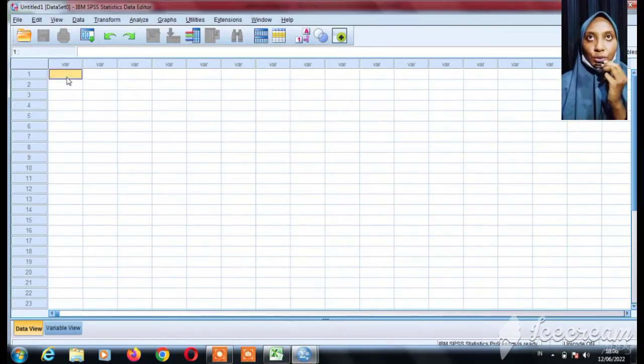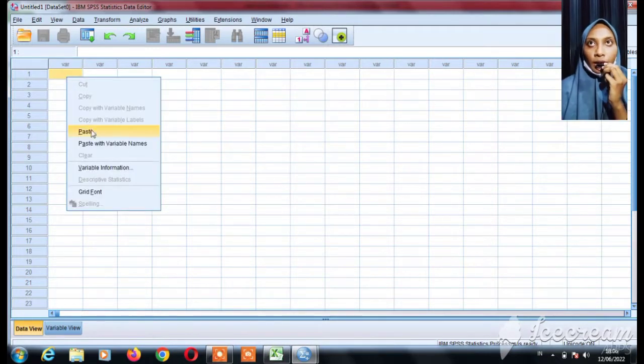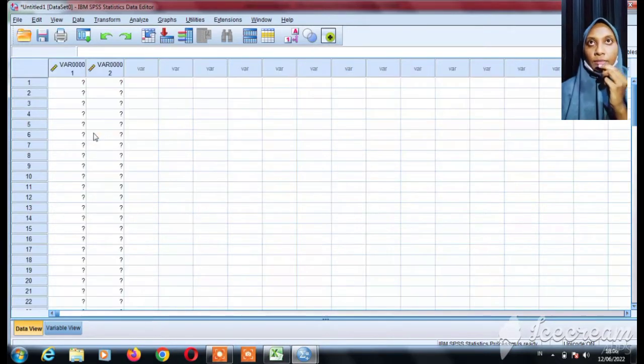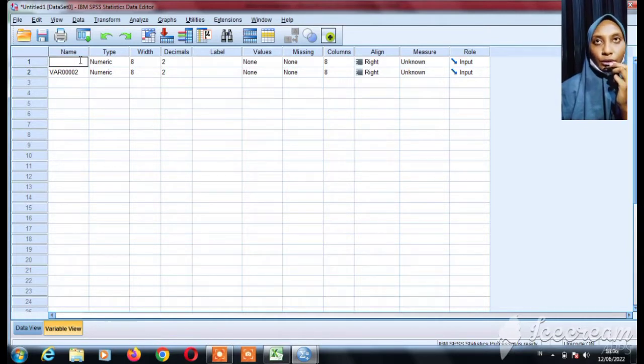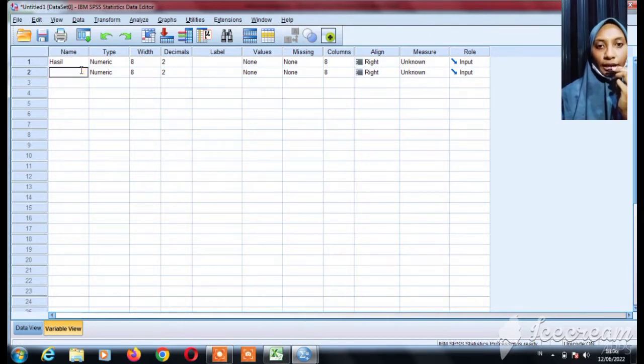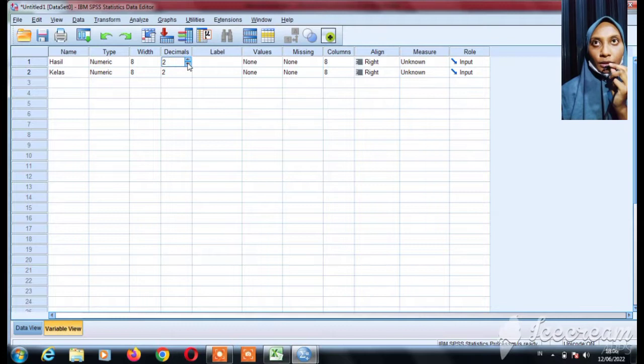Click Paste to move all data. After we move it, we click on the variable view to change the variables. Once in the variable view, we change the variable names to result and class. Then we change the decimal to 0. Then we also replace the label with result and class.